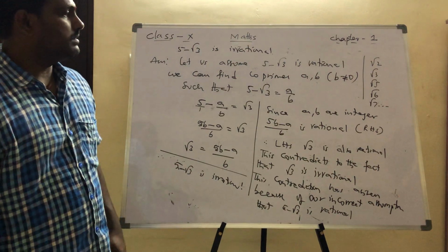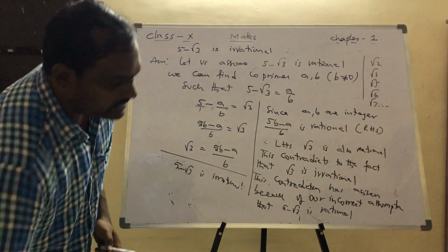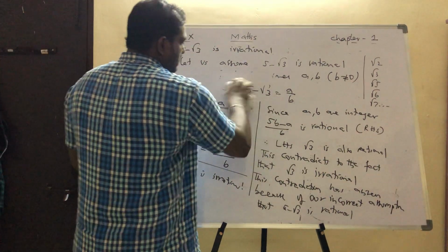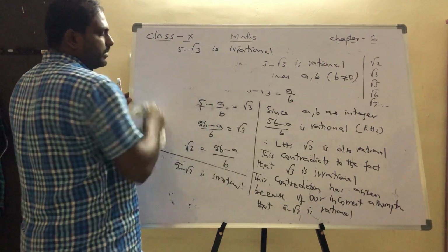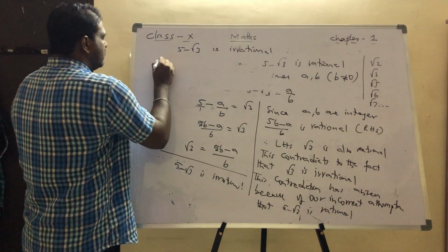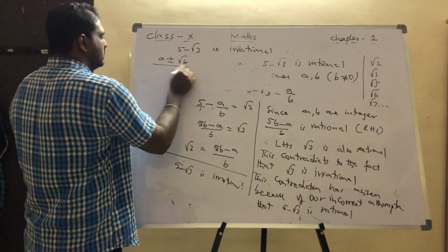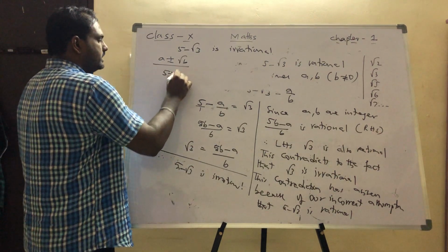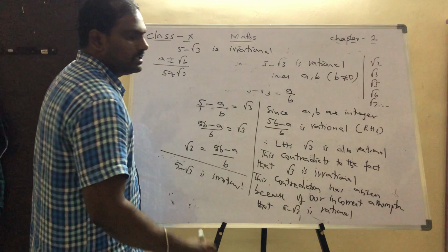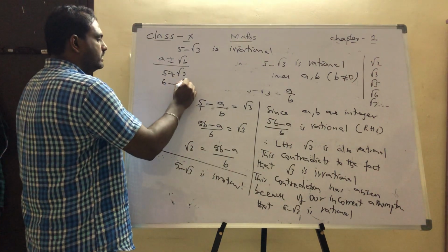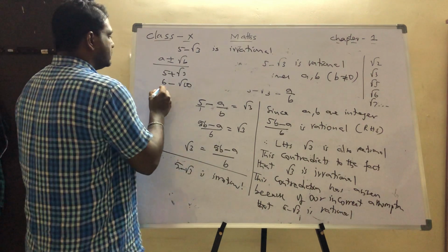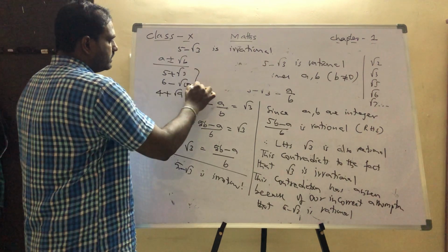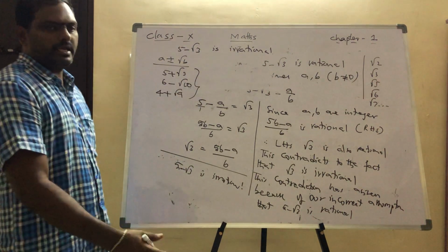This is the model sum. Now for this model sum, how can we expect it in the examination? Very simple. From the examination point of view, this is a model of a plus or minus root b sums. For example, prove 5 plus root 3 is irrational. Next, 6 minus root 10 is irrational. Next, 4 plus root 9 is irrational. Any of these questions, any of these come under this model. Same method, no doubt.